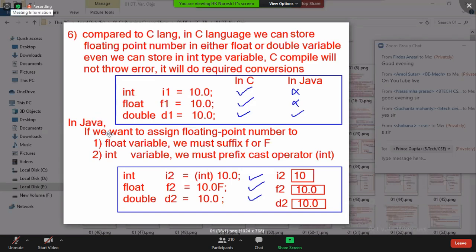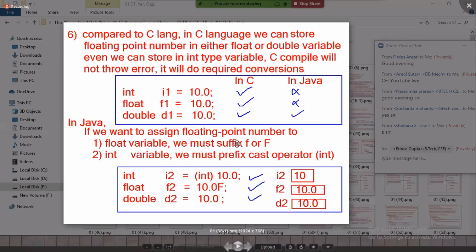But in Java, if you want to assign a floating point number to a float variable, we must suffix it with small f or capital F. If you want to assign a floating point number to an int variable, we must prefix a cast operator.